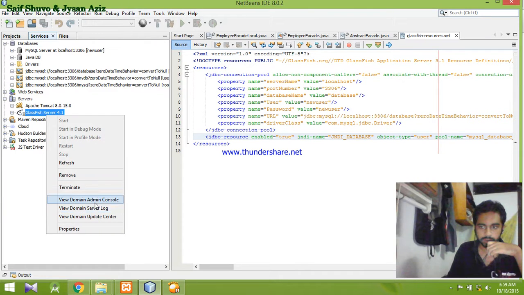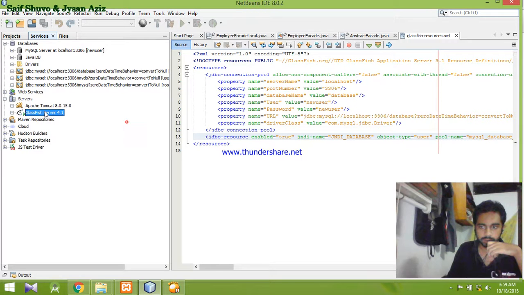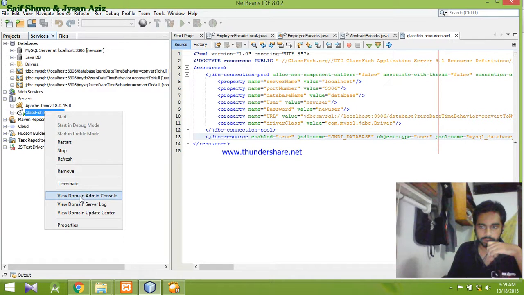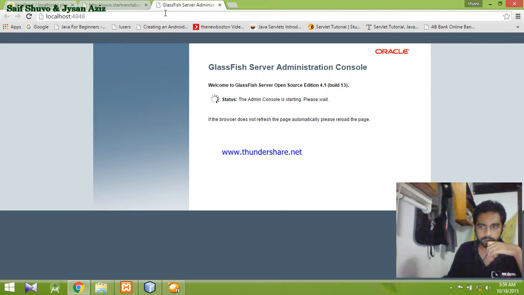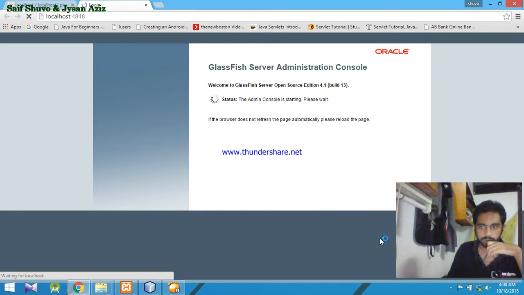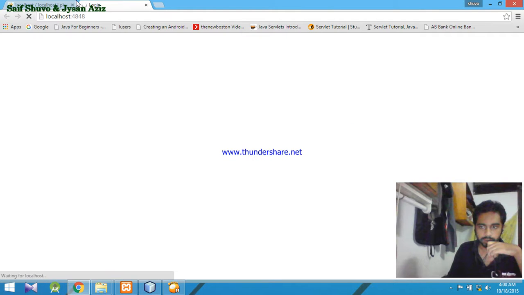So open this file and go to service, run your Glassfish server, right click, view domain admin console. You will see that Glassfish console is running. So from here you go to JDBC,